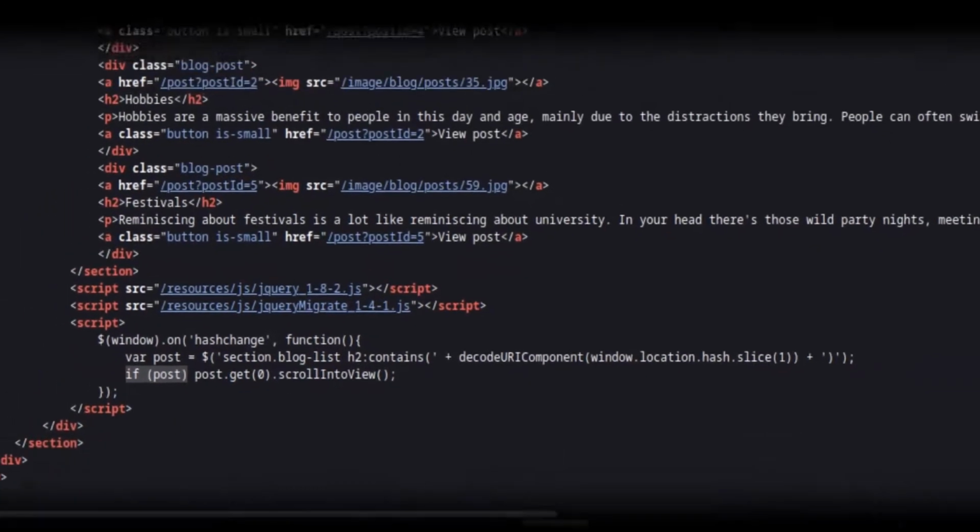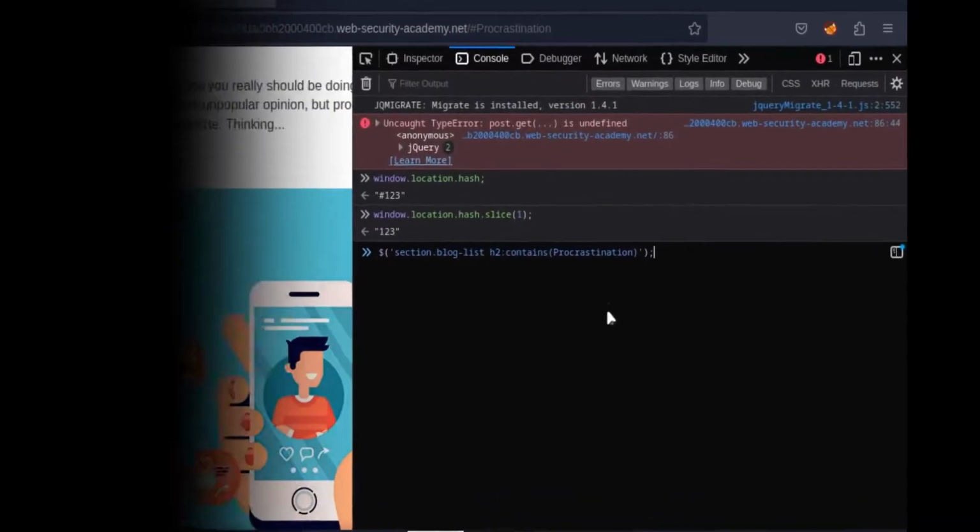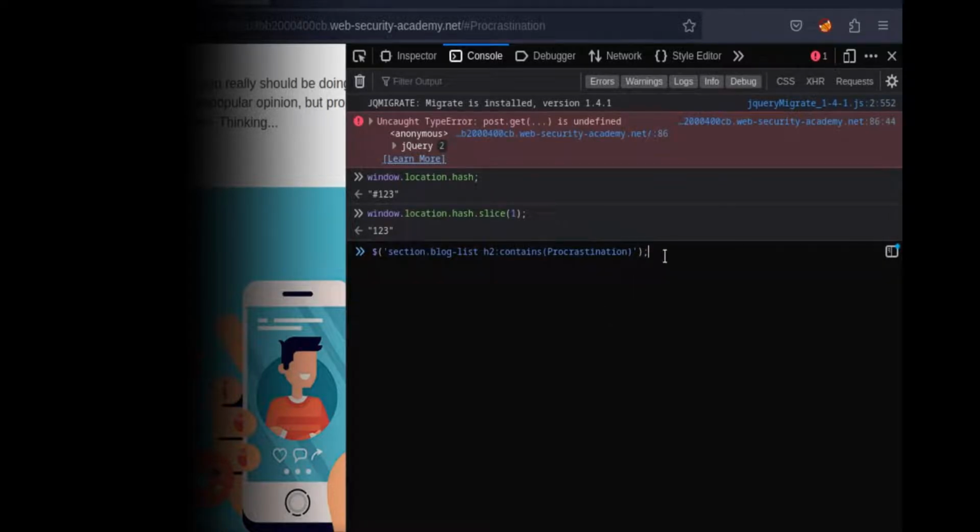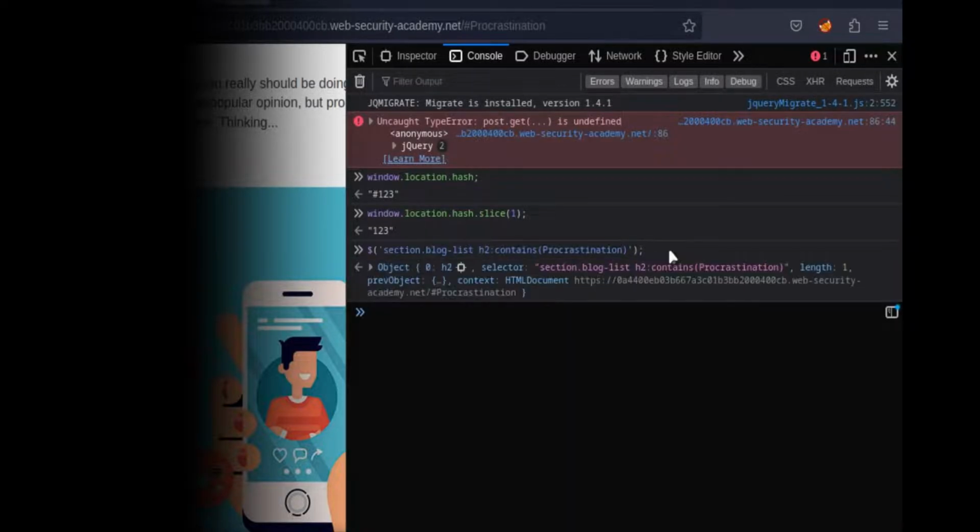Let's take a look in the console. So in the console here, we are going to call that jQuery selector function, but we're obviously going to hard code the variable as procrastination. So we know this should obtain a match. And the result here is a jQuery object representing the selector. And you can see it has a length property of 1. In other words, it's saying this jQuery selector has one match,